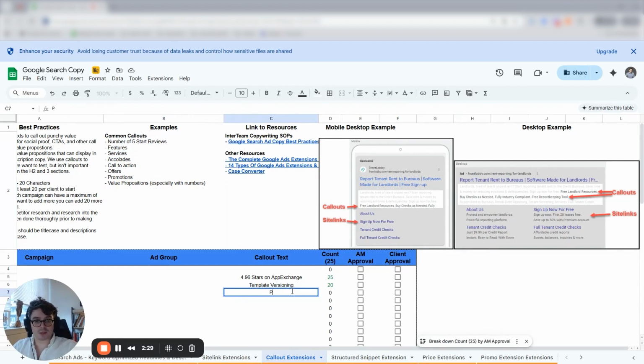They offer a project management app. So one callout could be project management tool. Another one of their features is task management, so we'll put that in there. And then finally, customer onboarding is another feature of theirs. So accolades, we've got one here, 4.96 stars on the App Exchange. And then